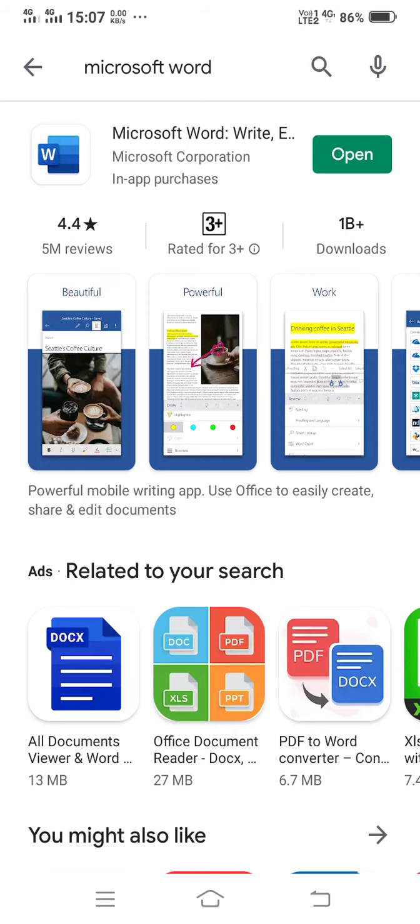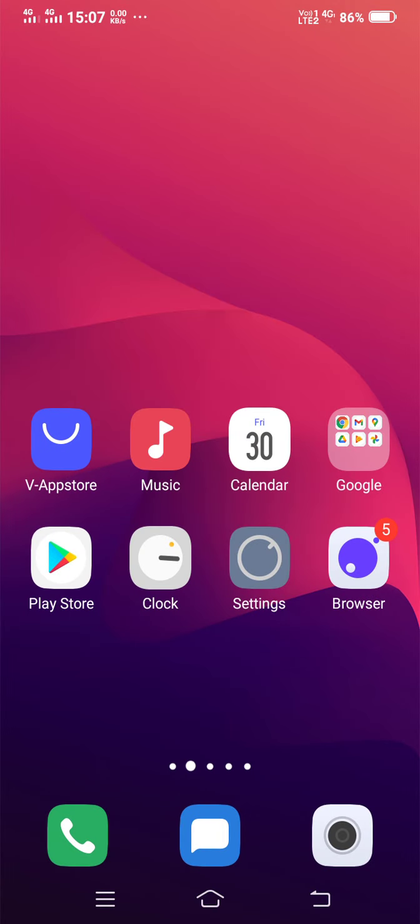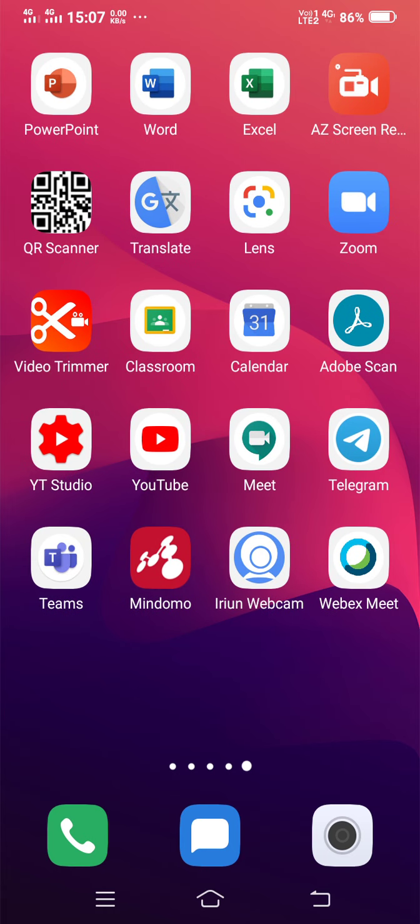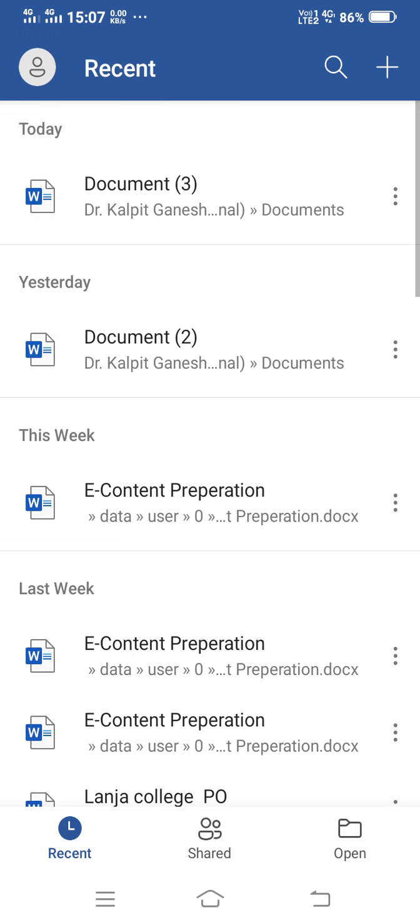Now, since I have already installed it on my smartphone, I will directly show you how we can use a Word document on our mobile phone. So here at top you can see the Word icon is there. I will simply click on this Word icon and here my Microsoft Word has been opened.